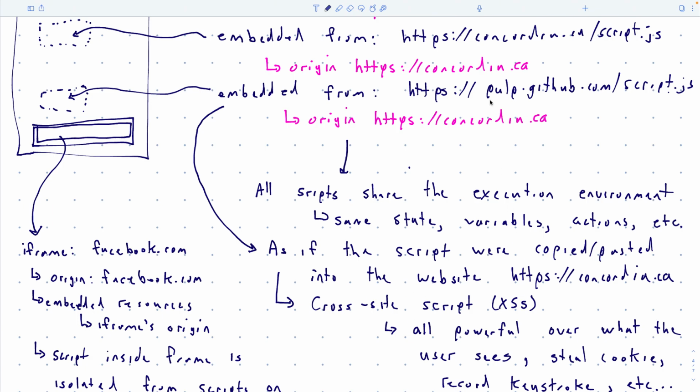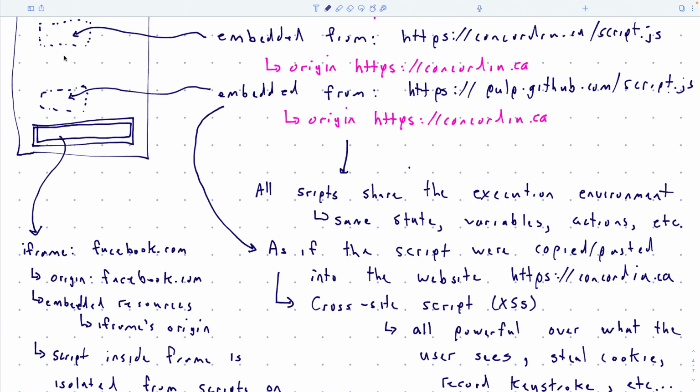And we call this a cross-site script. So you might think of that as an attack. There is an attack with the same name, but at this point it's not an attack, it's just what it is. It's a script that came from one website that's being run on a different website. So it's a cross-site script. That's all it is. But cross-site scripts are powerful because basically, whatever the user's doing on this website, like if they're typing in passwords or things like that, the JavaScript can monitor. It can see whatever. If you're loading your email or whatever, it can have access to all of that stuff.